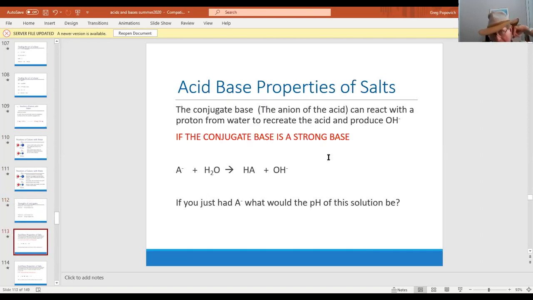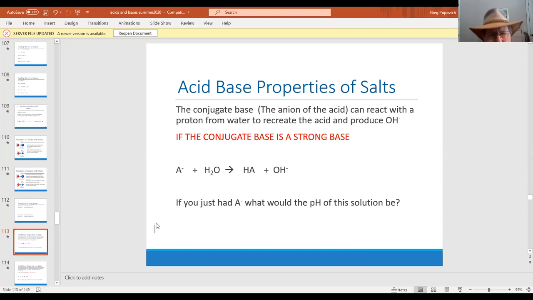So if I have a strong conjugate base, that strong conjugate base is going to grab a hydrogen from water to regenerate the weak acid. But look, I'm making OH-. So if I just had A-,